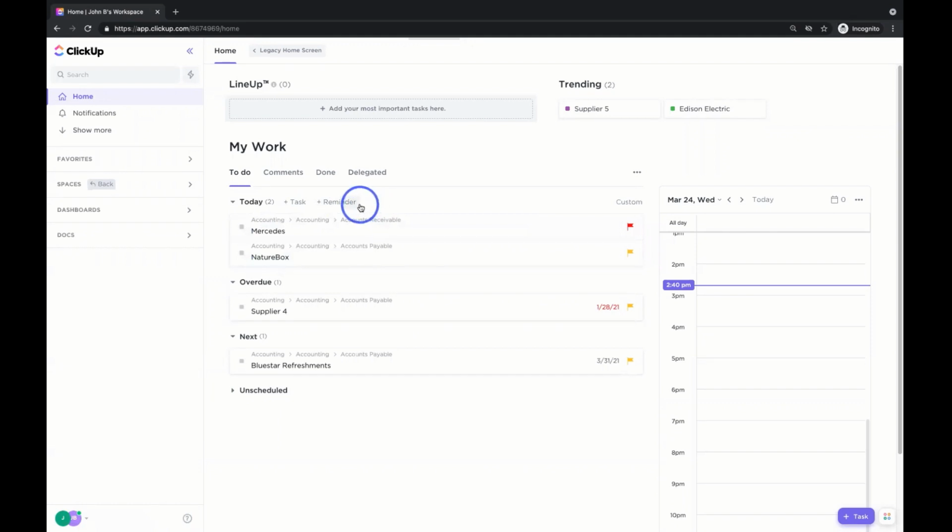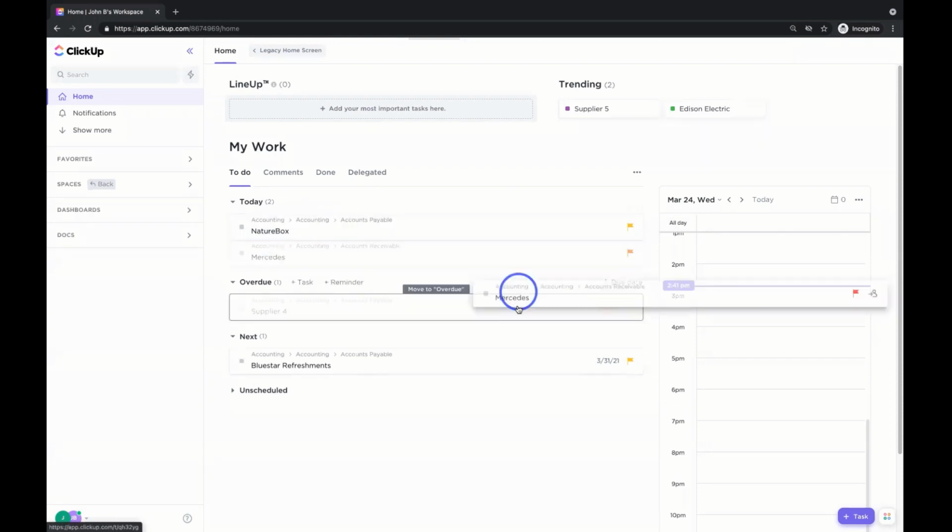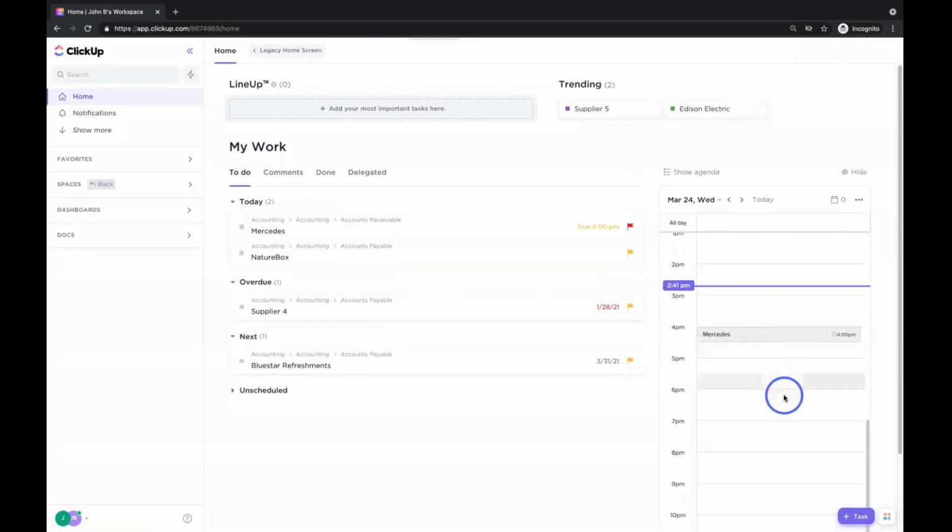The general idea here is this is a great way to start your day to make sure that you're as productive as possible. You can come to the home tab and you can plan what you want to do. So we select the task that's due today. And if I wanted to, I could even go down here to my calendar and I can move it into the calendar. I can even increase the time frame. See that? So I can say this task is going to take me from this time today.